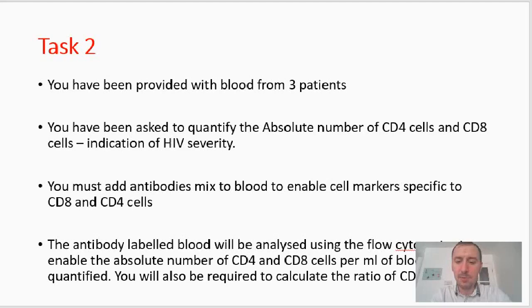The antibody-labeled blood will be analysed using the flow cytometer to enable the absolute number of CD4 and CD8 cells per mil of blood to be quantified. You will then be provided